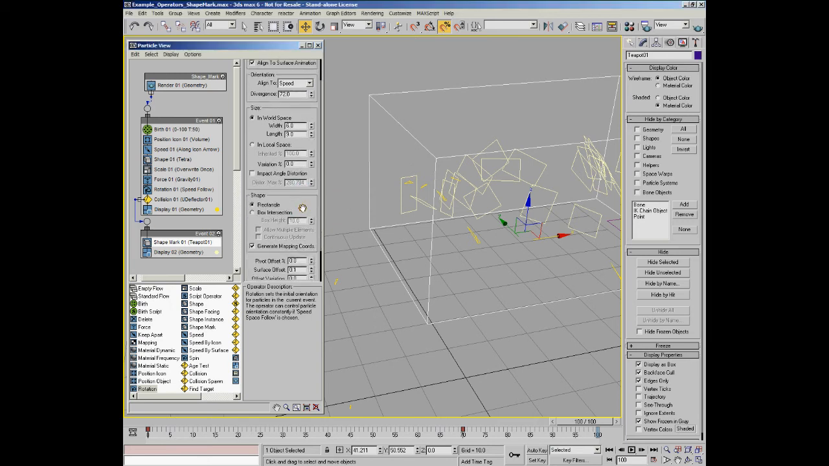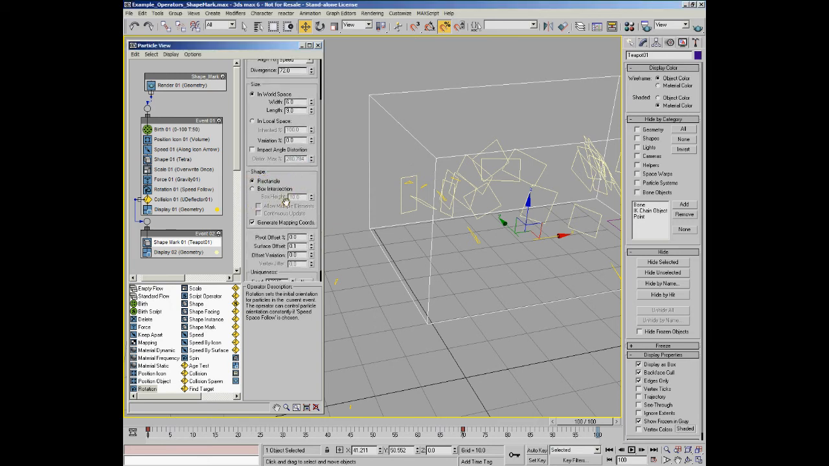Now, so far we've been using a rectangle. One of the most powerful features of this particular operator is that it doesn't have to be a simple rectangle. You can generate a shape on the surface which conforms to the surface, and it's a little bit like a Boolean. You can imagine that when the particle strikes the surface, it creates a little box